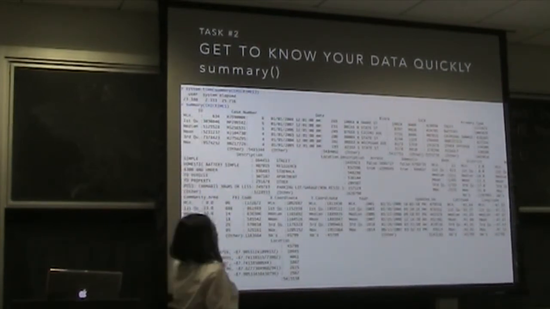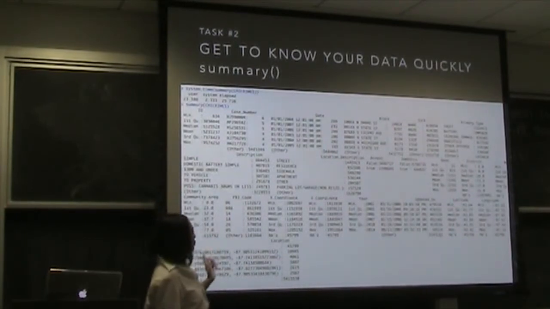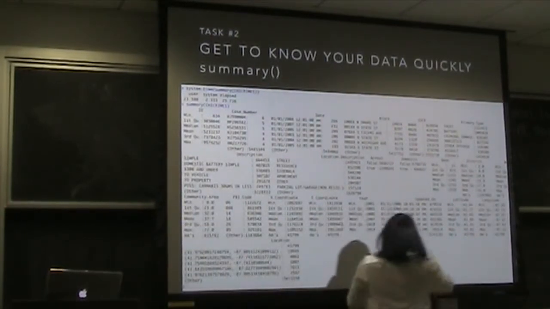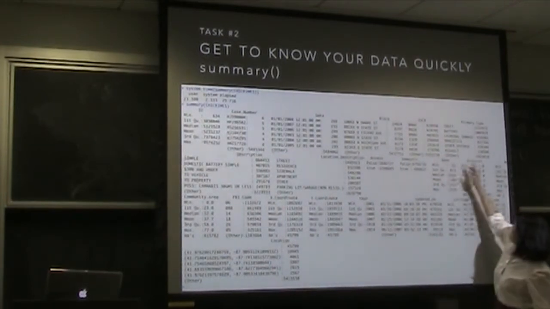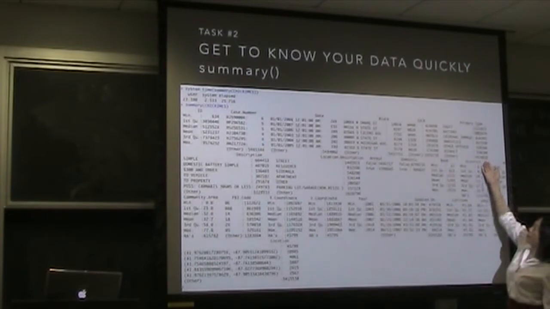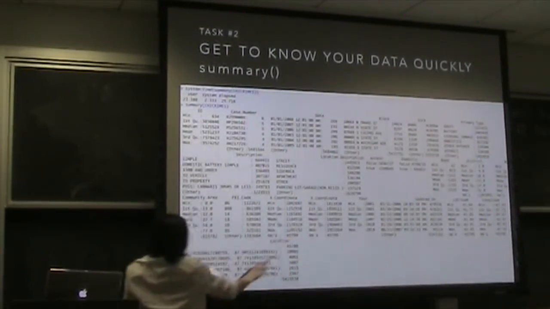Summary, it's going to blow through and give you distributions for all the variables. And because you left it as factor, things like primary type, like these character variables, show up and you can sort of see it's tabling it for you. There's sort of a couple of nice things about summary. It's going to tell you how many are missing.